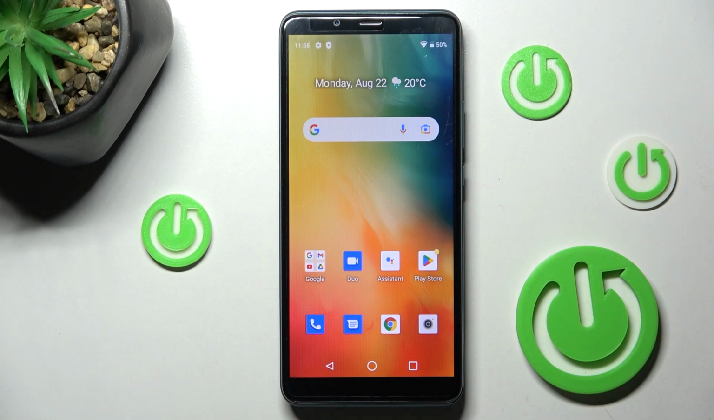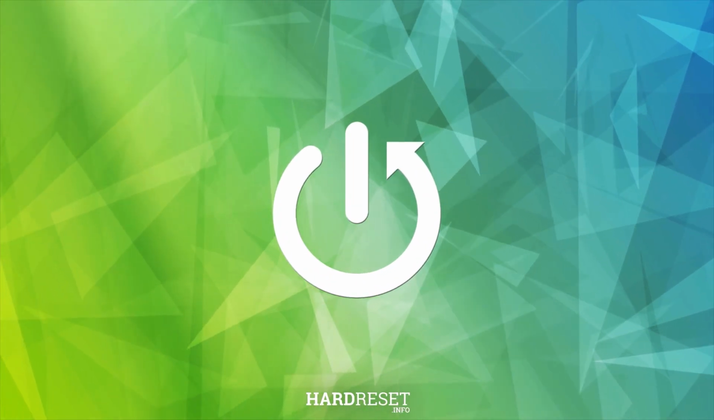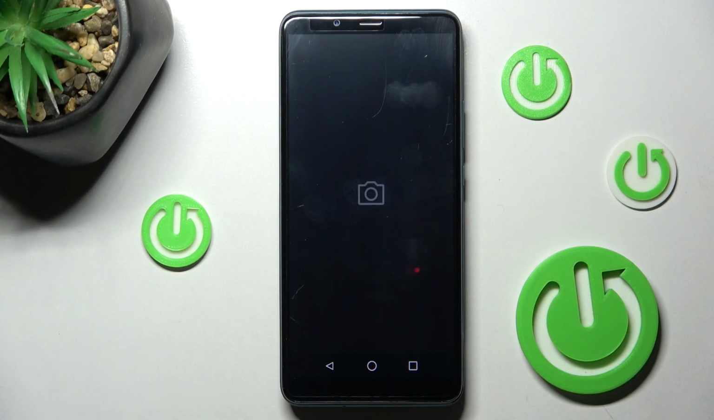Hi guys, in front of me is CUBOT Note 9 and let me show you how to activate camera timer. So at first, just open your camera app,